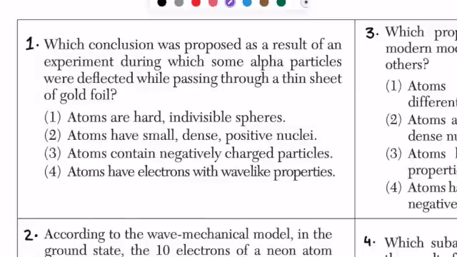So the first question is asking what conclusion was proposed as a result of an experiment during which some alpha particles were deflected while passing through a thin sheet of gold foil. So this was Rutherford's experiment, and if we remember, Rutherford bombarded alpha particles on a thin sheet of gold foil. Some of them went straight, some of them deflected in different directions, and some of them bounced back. So Rutherford said that the reason why some of them were going in different directions or bouncing back is because there was something positively charged in the middle of the atom that was repelling those particles,